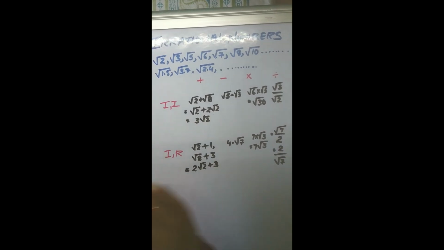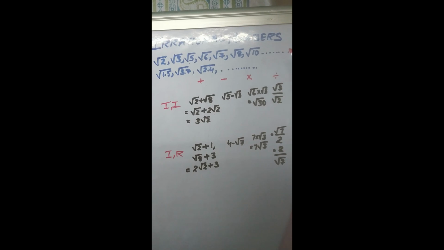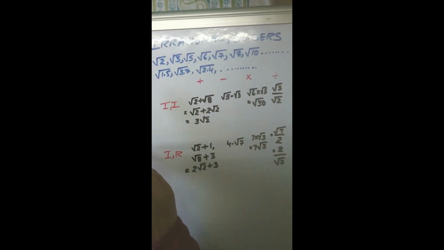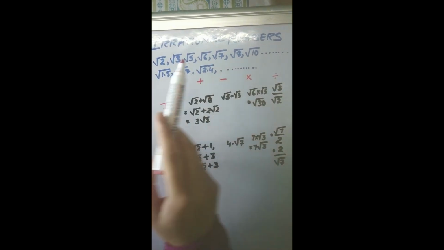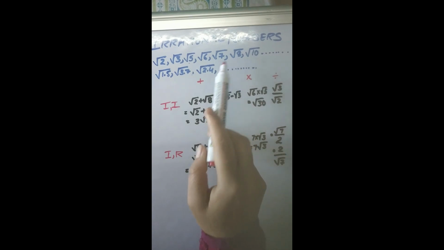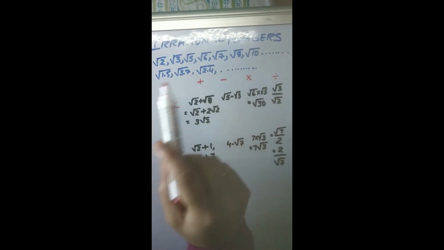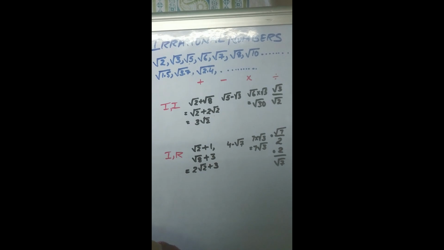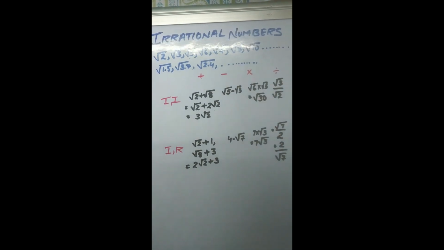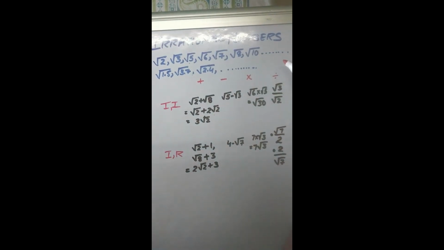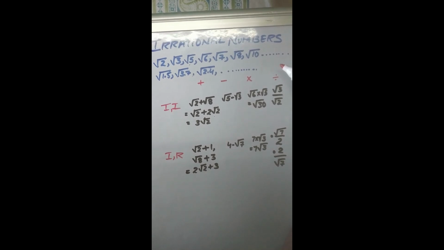Good morning, class 9. In the previous lectures, we studied irrational numbers. We know the square root of all non-perfect squares, whether they are whole numbers or decimal numbers. If they are non-perfect squares, then they are irrationals. We learned to locate them on the number line, so we got an idea about how big those numbers were.